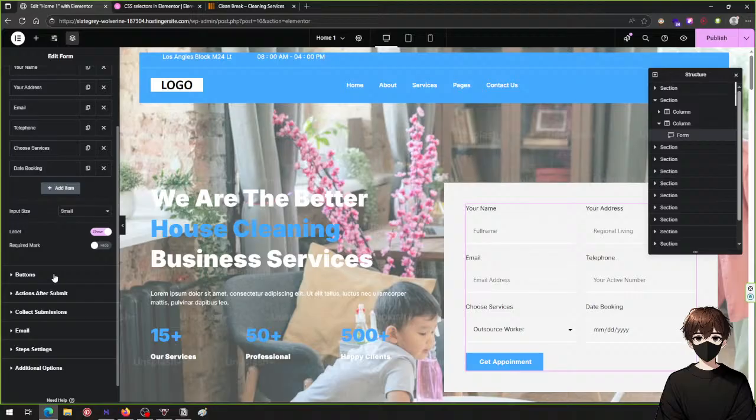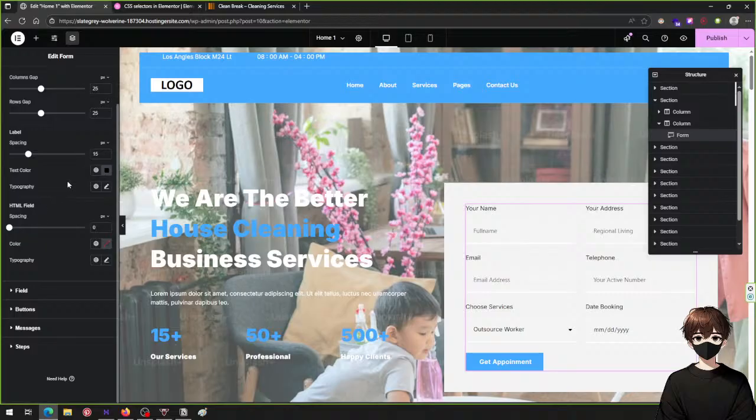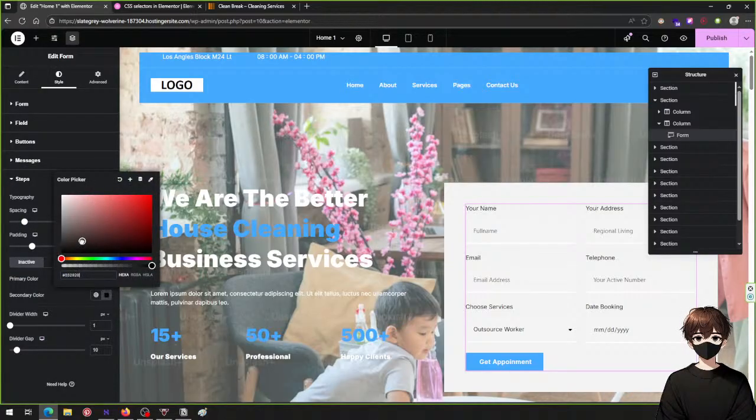Let's go to content. It's white though. Field, button, messages, steps. I think this is it. Okay,